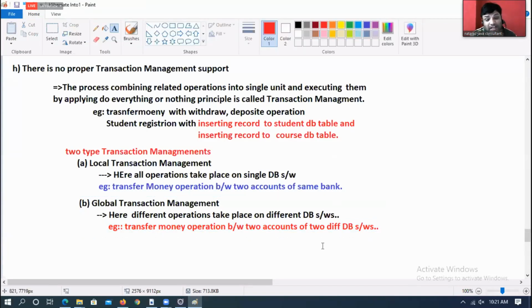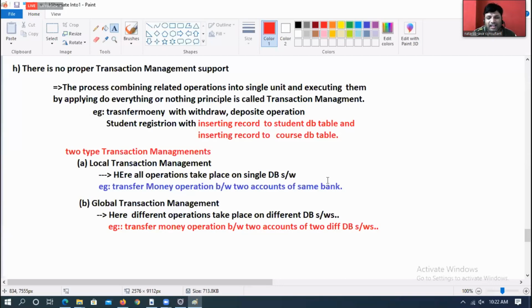More than one database software is involved. That's why it is global transaction management. Local applies the do everything or nothing principle only on one database software, while global applies it on more than one. Convinced with me or not?